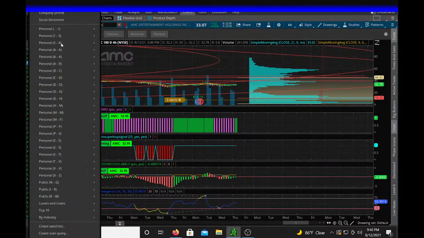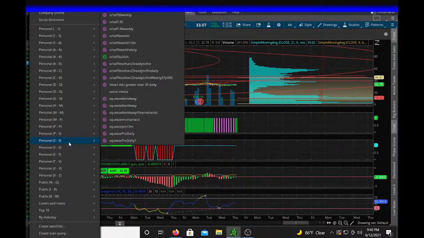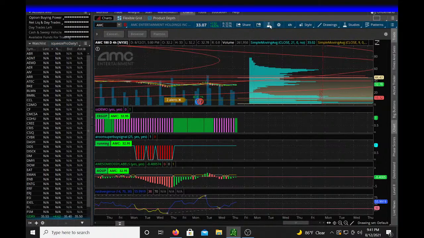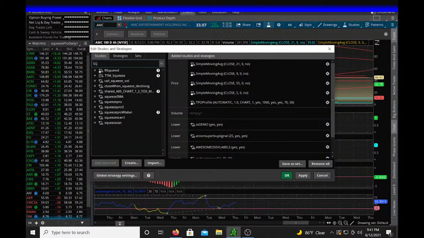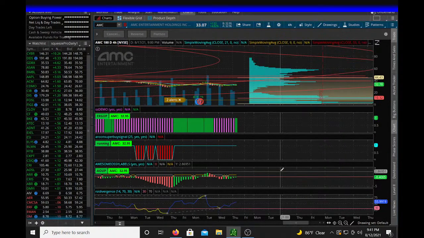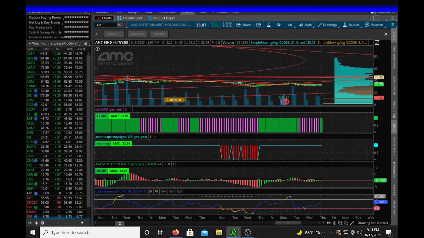Now, let's come in here and pull out our Squeeze Pro scans. Those are pretty good. We like to know which ones are squeezing, or looks like Fitbit. So let's go for our Squeeze Pros here. We'll add them in. And that will let us know